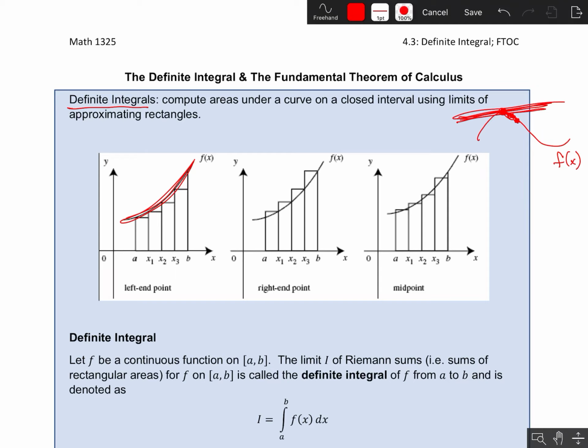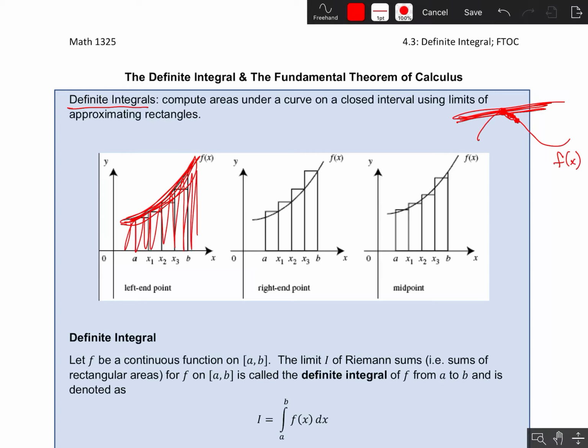that we wanted. But then we used some fancy rules like the power rule or the chain rule or the product rule or whatever in order to be able to compute the derivative without using that limit definition. The definite integral has a limit definition. So in the same way that the derivative had a limit definition, the definite integral will also have a limit definition. The idea here is this: if I want the area under this curve, then I want this area down